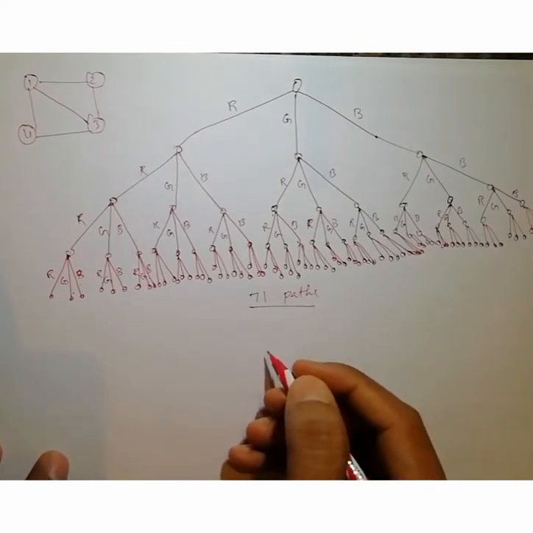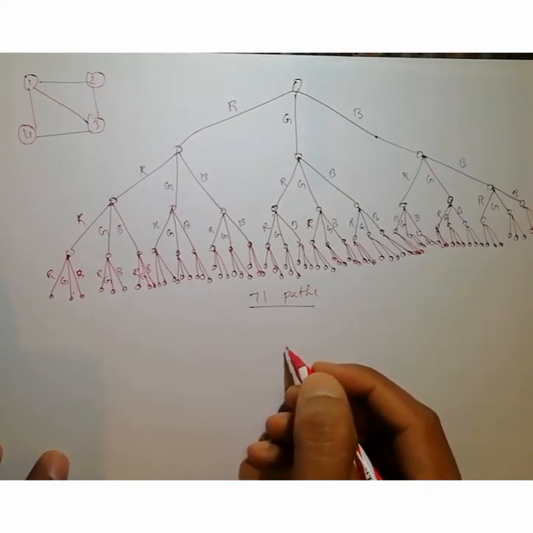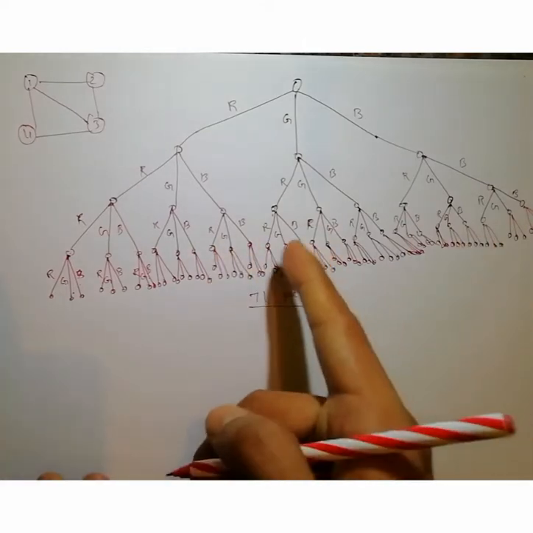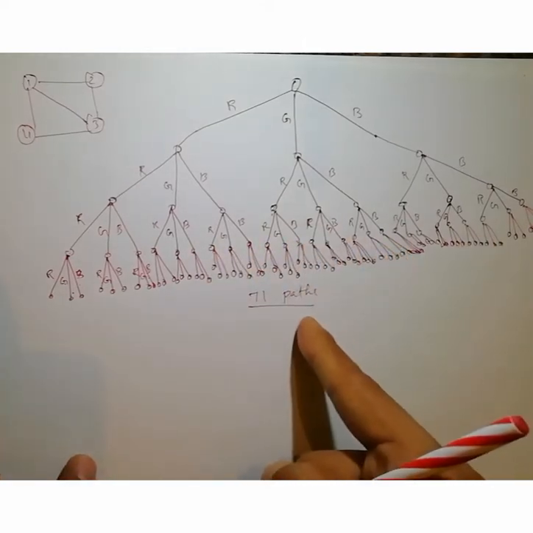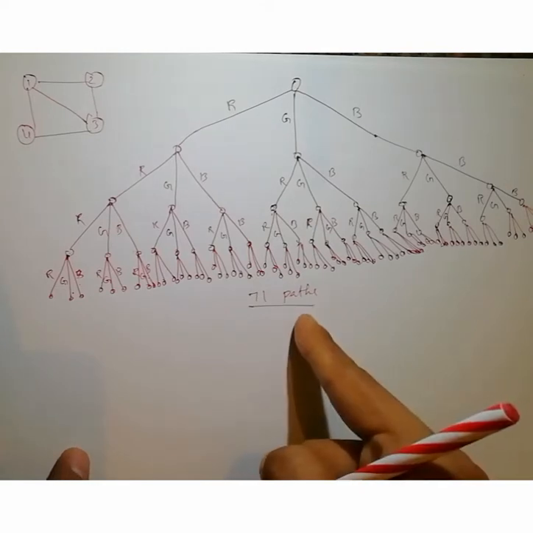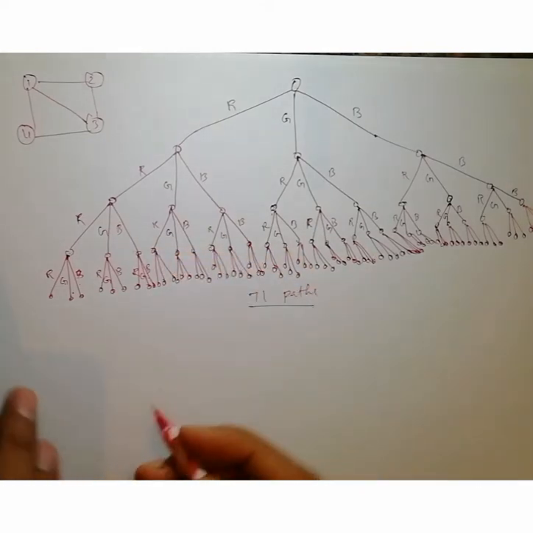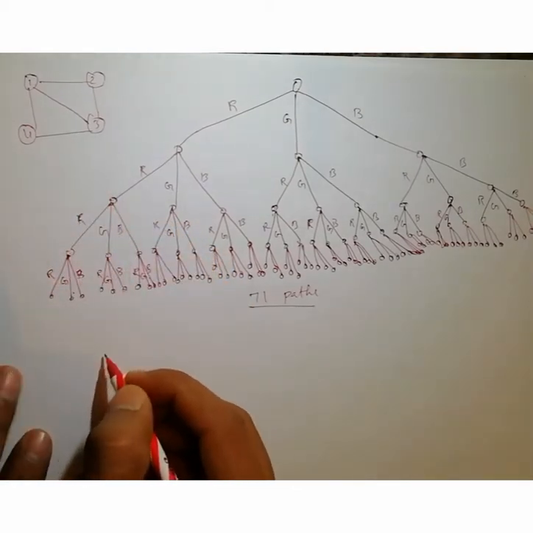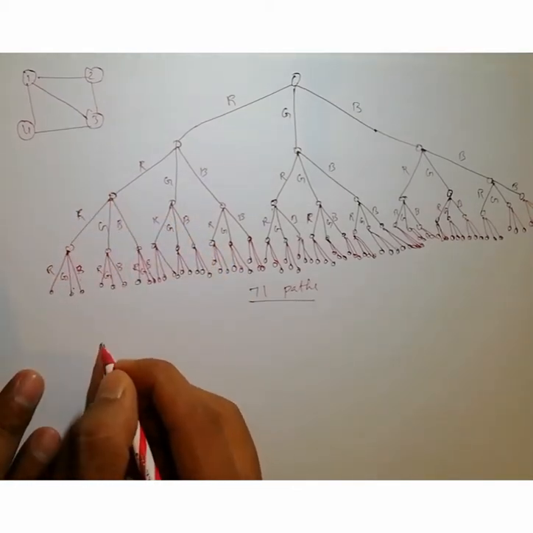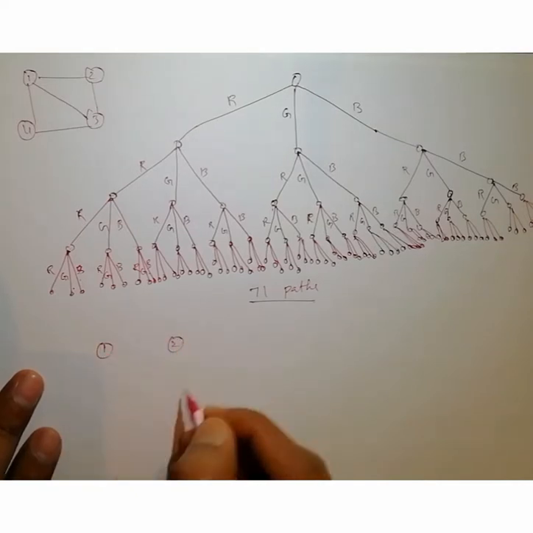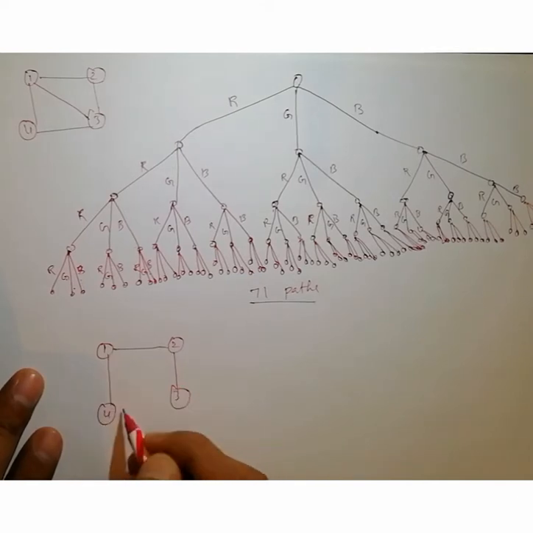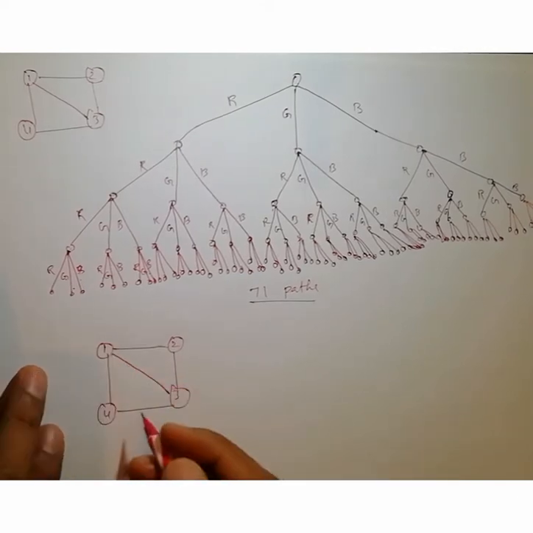Again that means we have to write the state space tree again, considering our constraint. This is without considering the constraint. If you do not consider the constraint, then there are total paths. Out of these paths, what are the possible paths I can find? So write this graph. Okay, I will write it here again for your understanding. So 1, 2, 3, 4. Okay, this is the graph I consider.